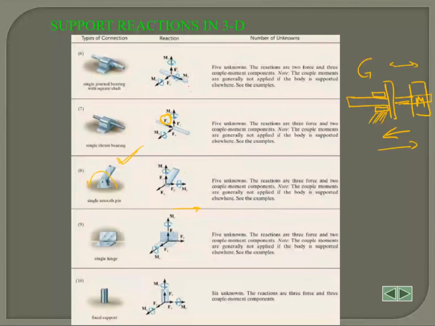Therefore, you got 5 reactions here: 3 reaction forces and 2 reaction moments. That's a hinge we've already covered, only 1 reaction. And this is a shaft which is welded to the ground or bolted or fixed to the ground. So it has got no degree of freedom. So you have all 3 linear and all 3 rotational reaction moments. Now,